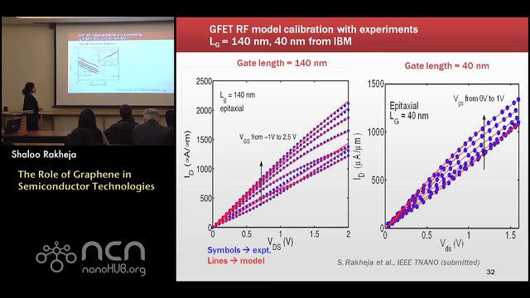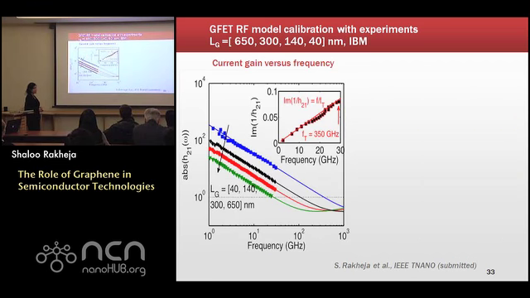All right. We also looked at the S parameter measurements of all of these devices. The plot over here shows current gain versus frequency for all of the different channel length devices that we got from IBM. The different traces are for 40 nanometer all the way up to 650 nanometer. The symbols are the experimental data, and the solid lines are our model. Please note that in our dynamic model, we are not introducing any additional fitting parameters. All the parameters have been obtained from the static transport formulation, and therefore our dynamic model is self-consistent with the static model. The point where current gain becomes unity is the cutoff frequency. So we've been able to estimate the cutoff frequencies very nicely for these devices.